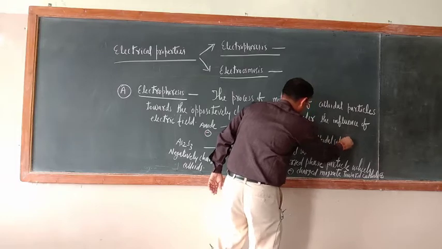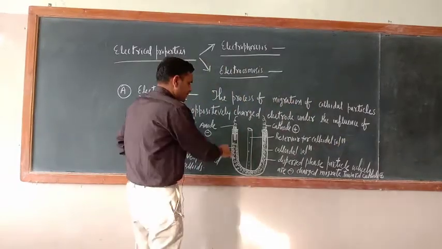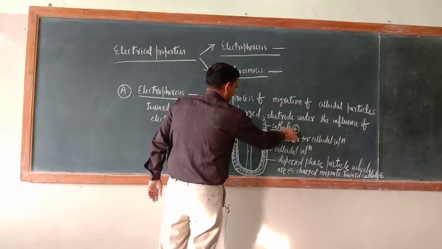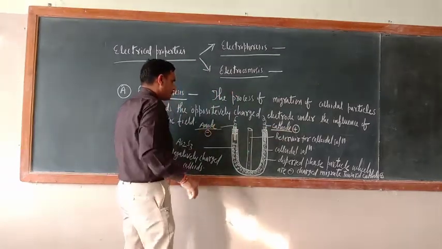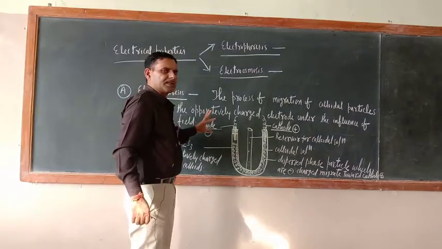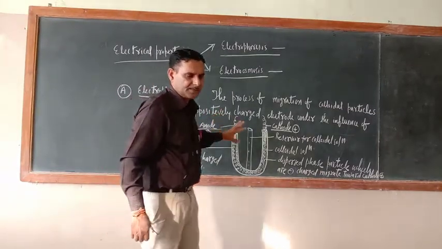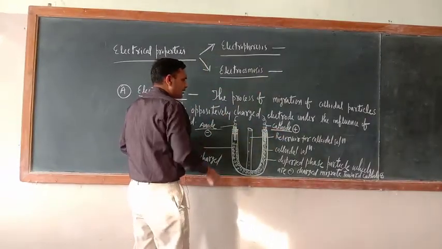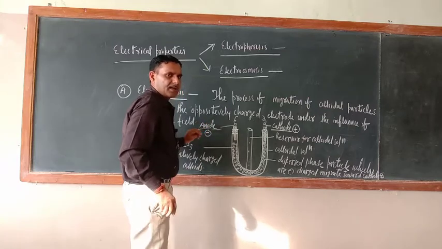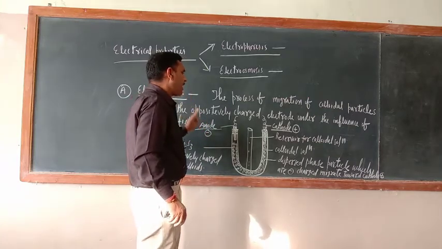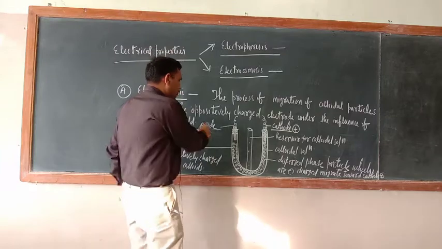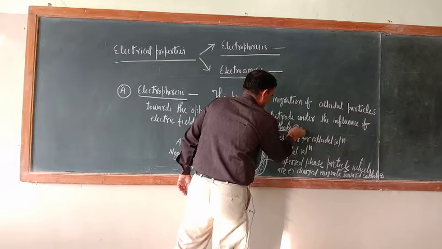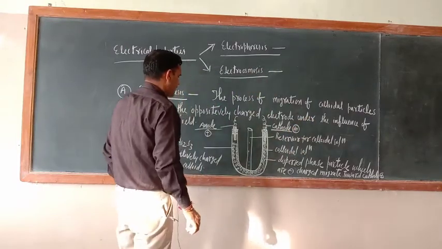So just try to understand here. This is a U tube, and here I fitted two electrodes. One is the cathode, that is the negative charge, and this is the anode, that is the positive charge. Remember this. This is one type of cell. In the case of an electrolytic cell, the anode is positive, so make this one positive and make this one negative.